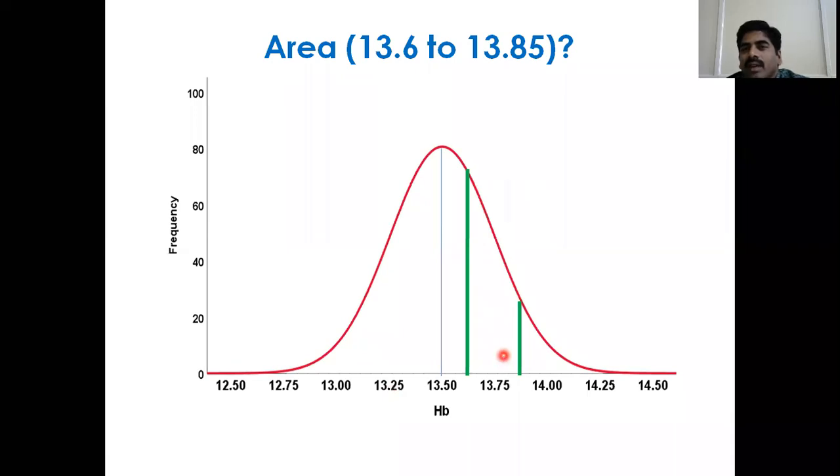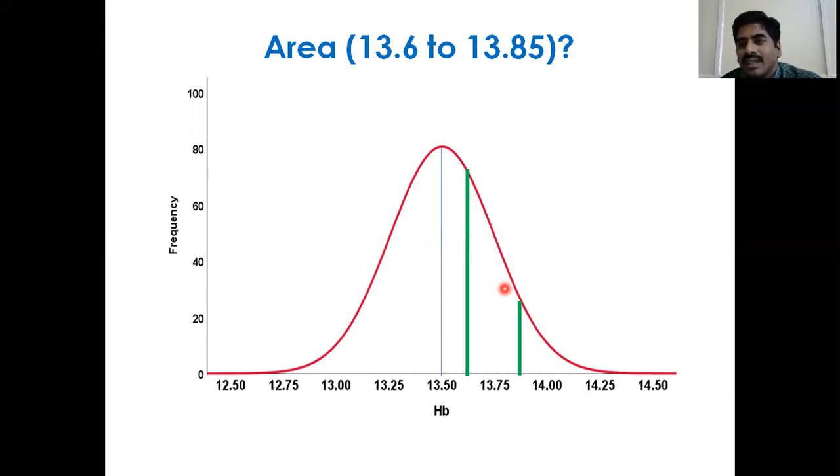For example, this is the hemoglobin. You can calculate the area under the curve for each interval, but you cannot calculate it for all the variables in biology, because there are an infinite number of normal distributions. For every two intervals, you cannot calculate the area. Standard areas are there: plus or minus 1 is 68%, 95%, 99%.